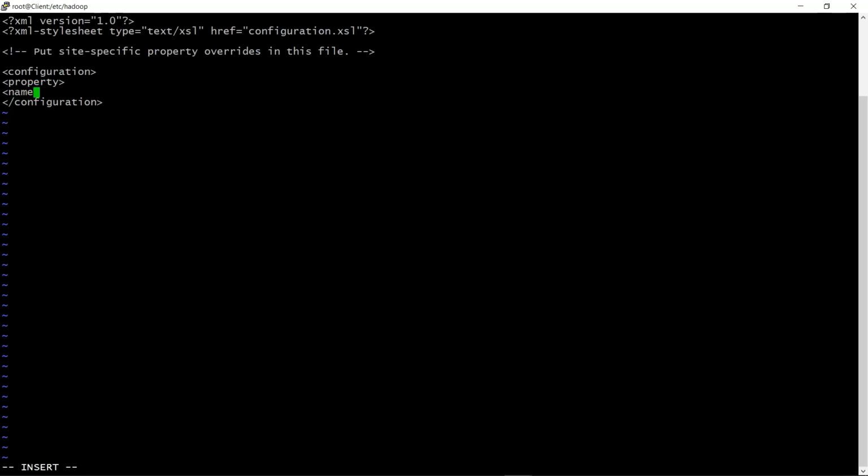Property, I will give the name. The name I will give is fs.default.name. It shows that I am connecting to the name node. I will close the name.